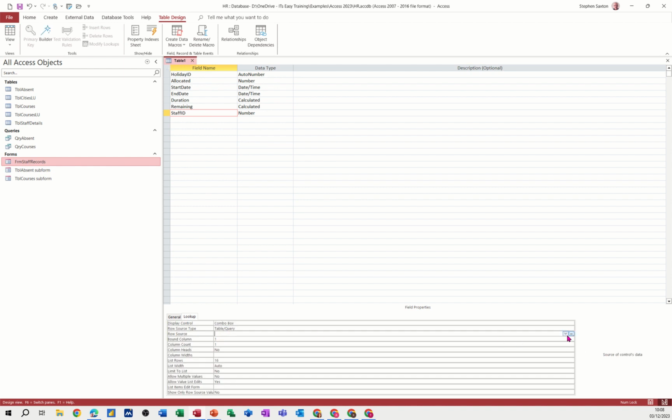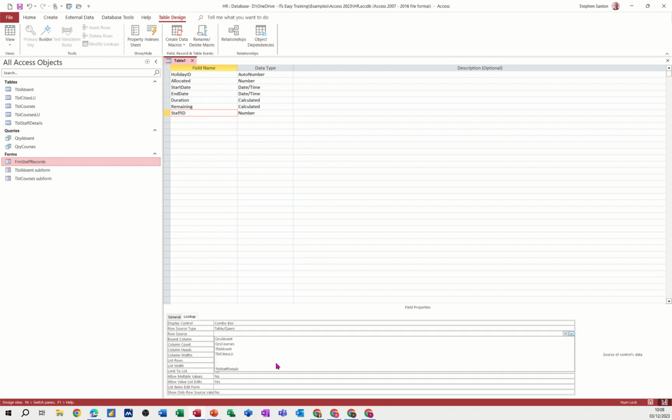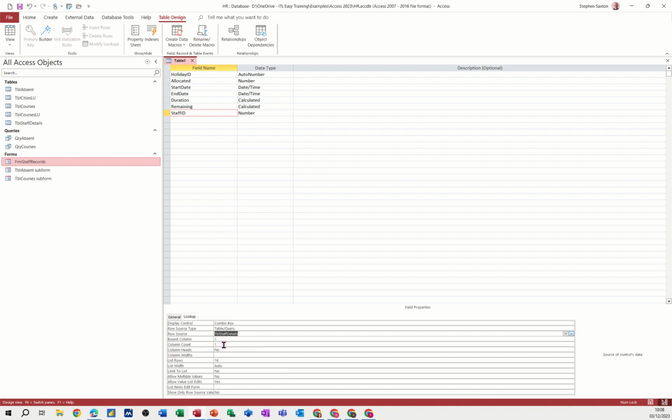It's a table, Staff Details, and first column's bound. I will show 4 columns, and the list width, it's on auto, I'll put that on 10, and column widths 2 centimeters. Save the table as TBL Holidays,